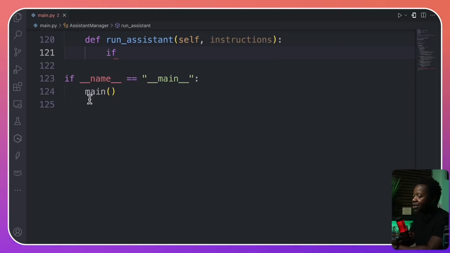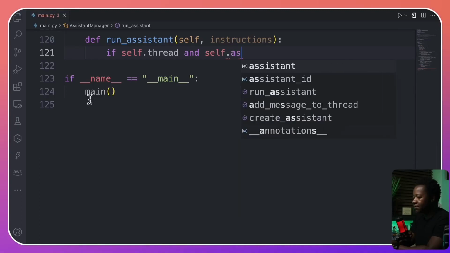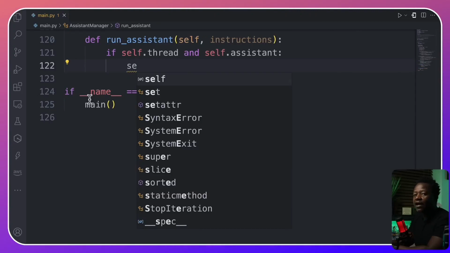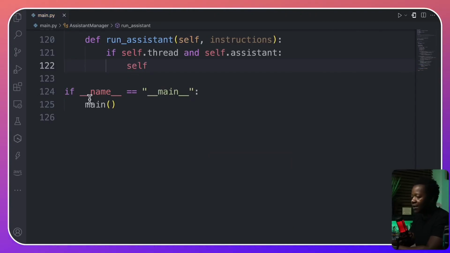It's always important to check, because in order to run an assistant, we need, of course, to check if there's a thread ID as well as the assistant. Okay, so if self.thread and self.assistant, if they exist, then we are safe to run this thread. So self